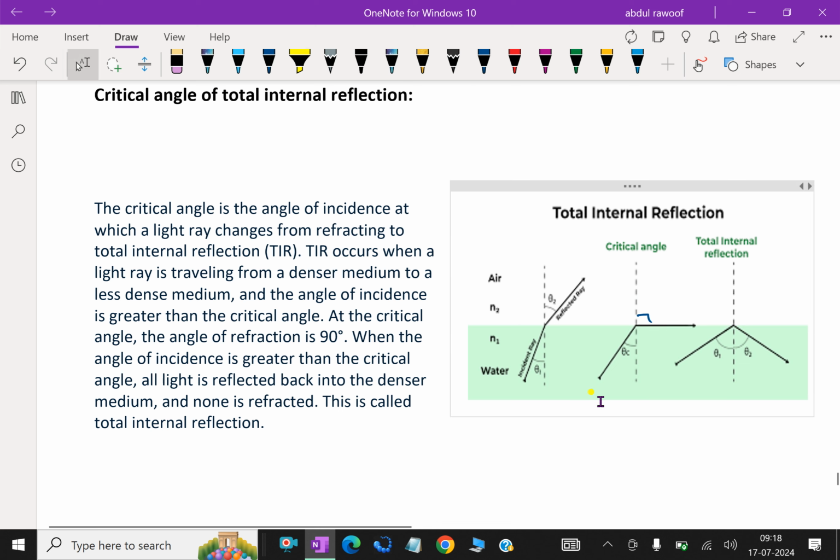This situation, this angle QC, is the critical angle. Now furthermore we adjust this angle, that means the angle becomes more than the critical angle. This will not come out. That means our reflected rays will not come out of that medium, here water. It only happens inside. It's called total internal reflection. It's a very interesting phenomenon. When a diamond is more glittery, it happens because of total internal reflection.